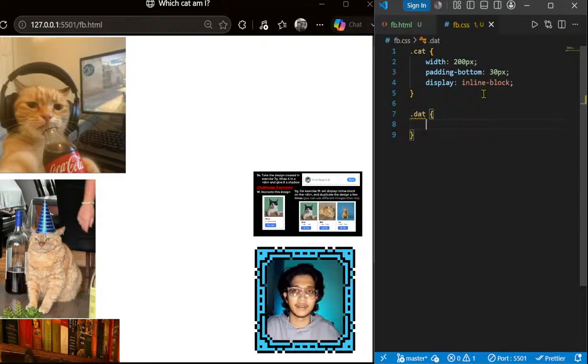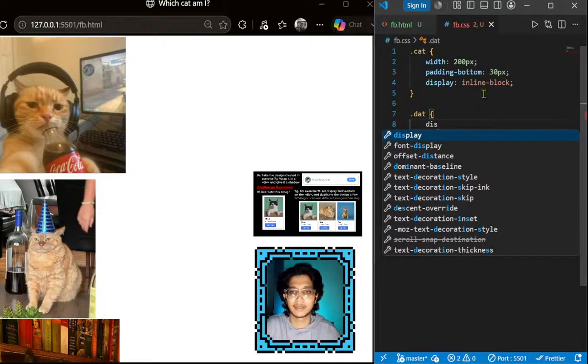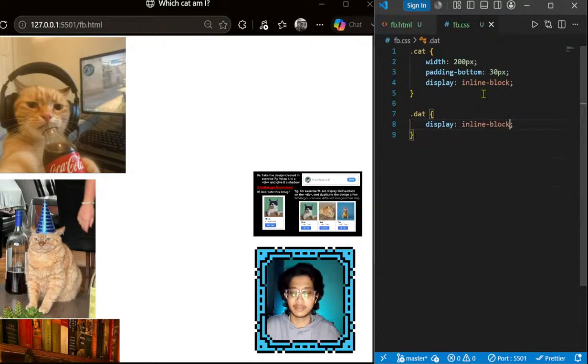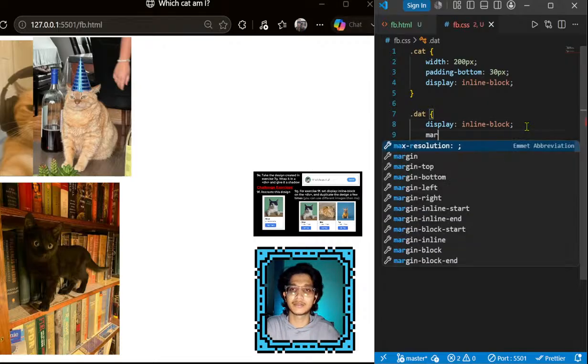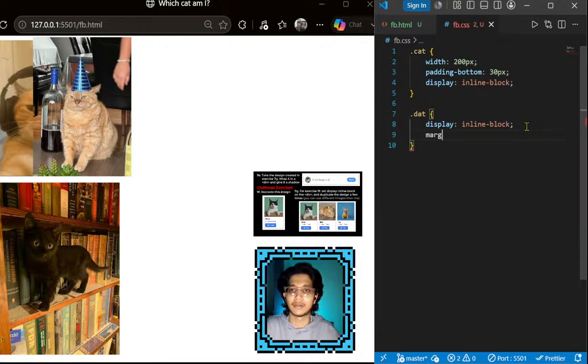Yeah, and same display inline block. Now this is gonna shift to that place. Yeah, but do you see this problem? Like that they are overlapping. It's because there is no padding, which is margin. If I add a margin to the left of